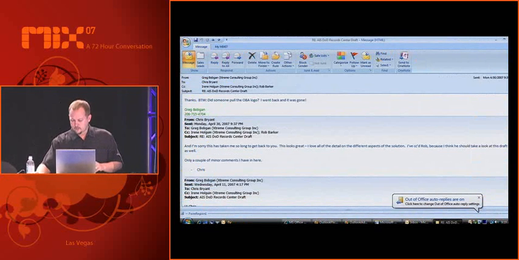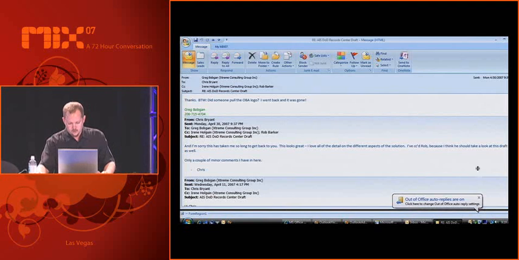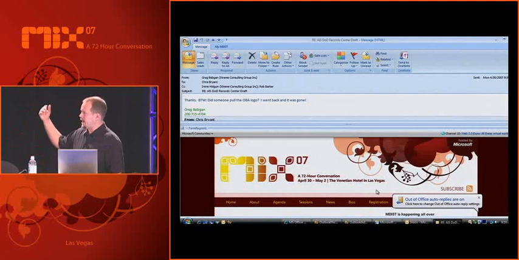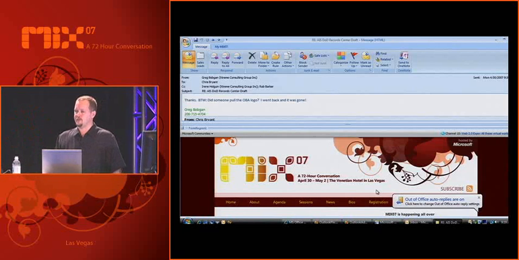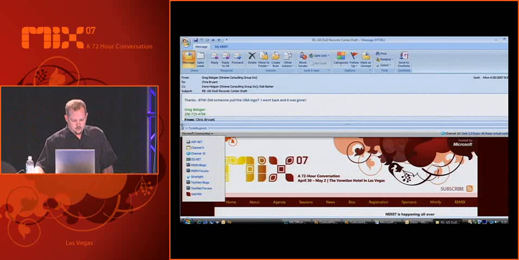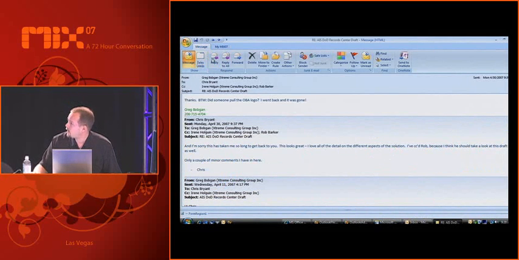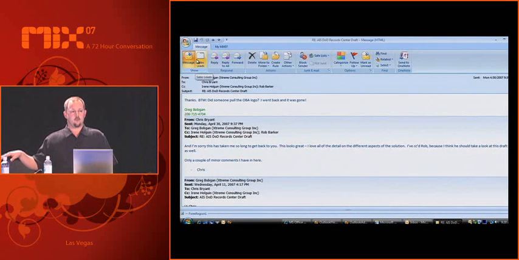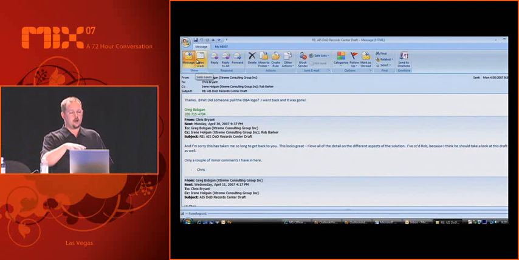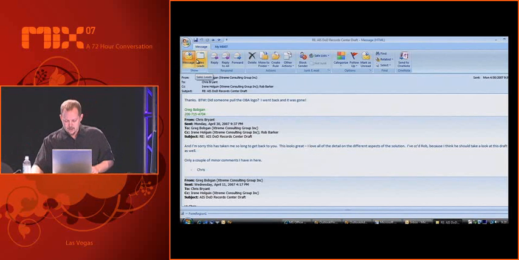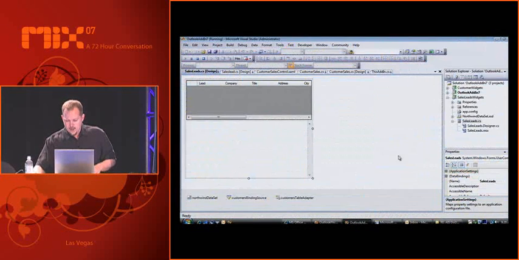So there's a couple of things to notice. I have a custom form region down here already. This is one that I created earlier. Basically, this just exposes the MIX website. So I can go ahead and close this. But you'll notice right up here, I'm looking at my message right now. But now if I want to go over and look at my sales leads that possibly pertain to this message, the way that I built this add-in, so if I go back into my sales leads,